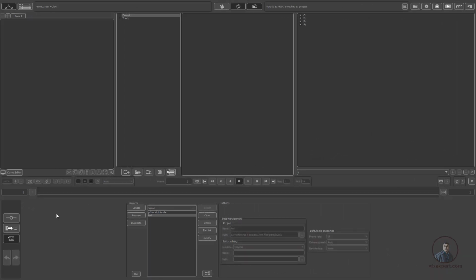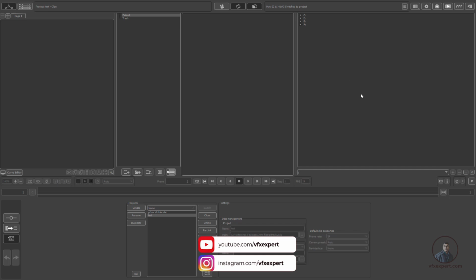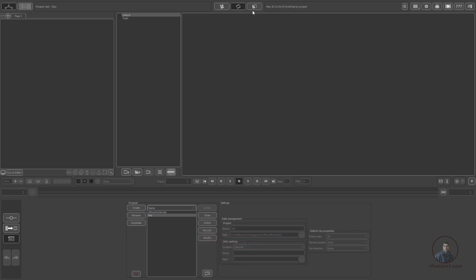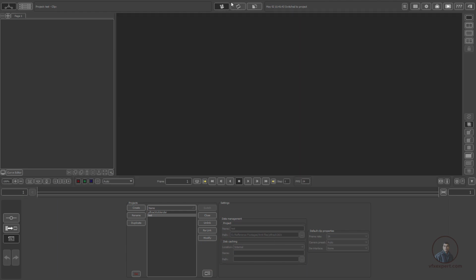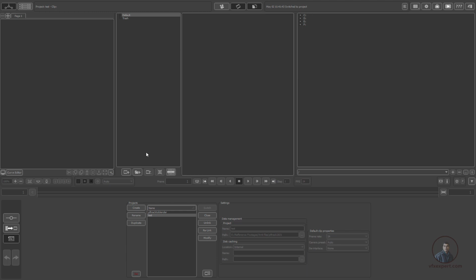So now I have started my PFTrack. This is the default interface of PFTrack. On the left side you will get a node graph, where you can connect your nodes and track your shot or import your footage. And this is our canvas area, but some other options are also showing, maybe the file browser here. If you want, you can maximize it. This is our media bin, and this is our main canvas where we can view our video or footage. Because you have not imported any footage yet, it's showing in three parts.